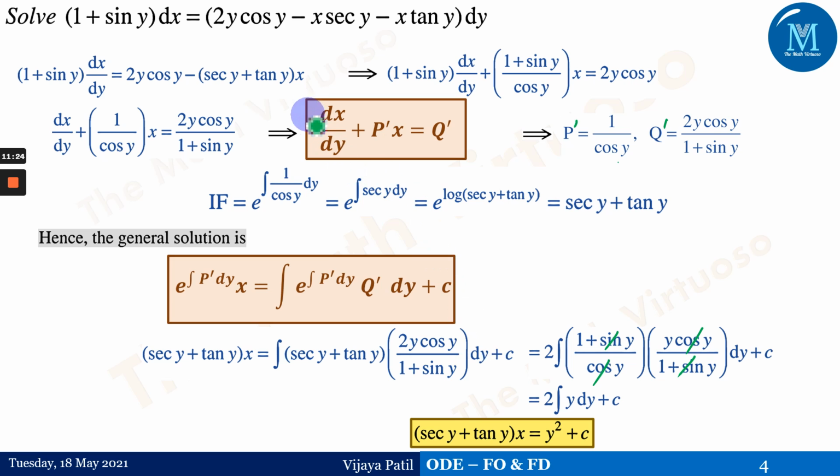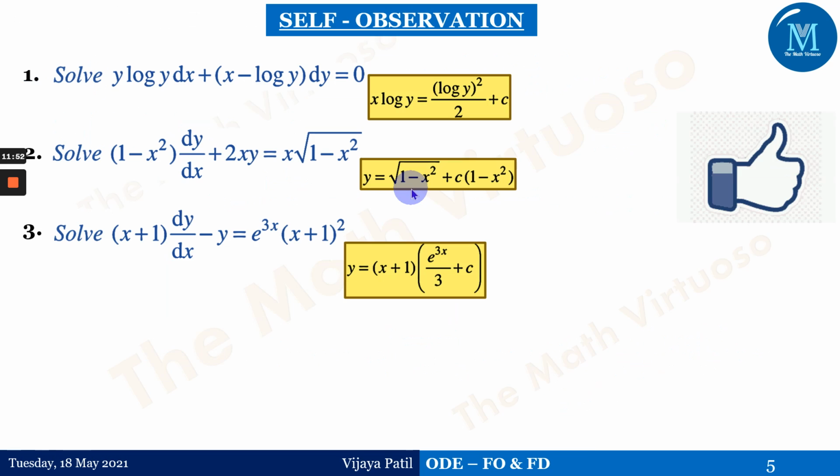So in this way you have to understand whether a particular differential equation can be expressed in form 1 or form 2. I have purposely given the color code, because we need form 1 and form 2 in the next topic, linear differential equations reducible to linear form, as well as Bernoulli's equation. So please understand and remember the color code of those formats. I will also give you that in the upcoming sessions, but if you have understood the color code of my sessions, you will never miss the correct answer.